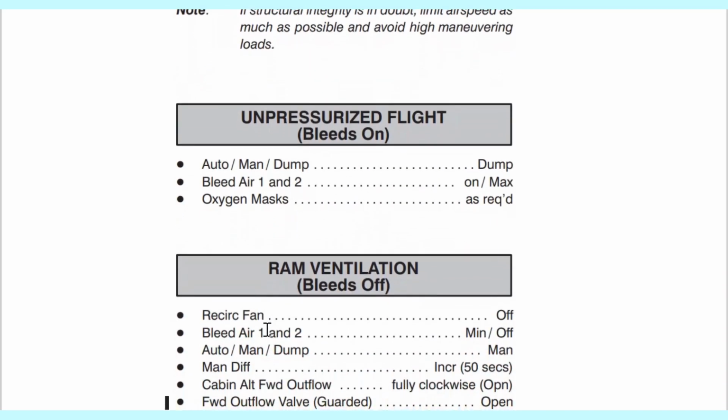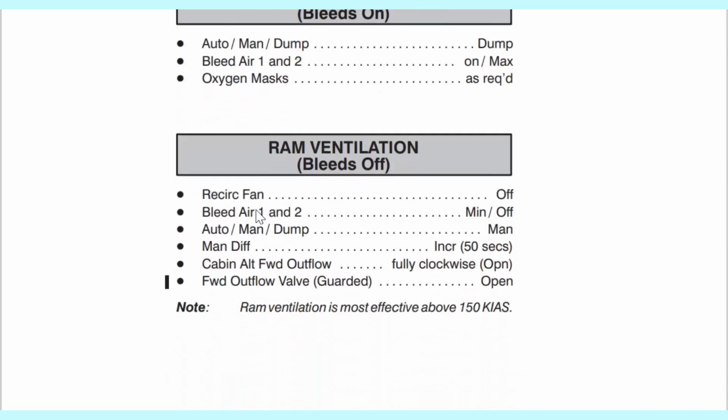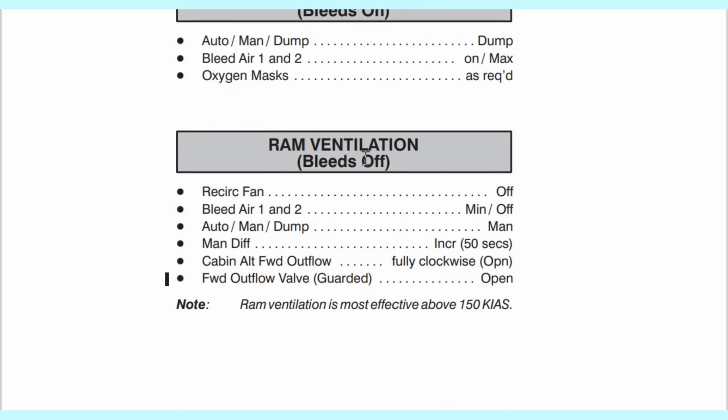Here there isn't anything else. Ram ventilation means that the ventilation inside the aircraft is not now coming from the bleed air system of the engines, because you've shut it down or it's been shut down. Ram ventilation, basically, ramming, is like a slang word for hitting. So it's just the airflow from the outside which goes into the NACA vents on the dorsal fin, and then enters the aircraft, goes to the packs, and is conditioned in the normal manner to be delivered to the cabin and the flight compartment.